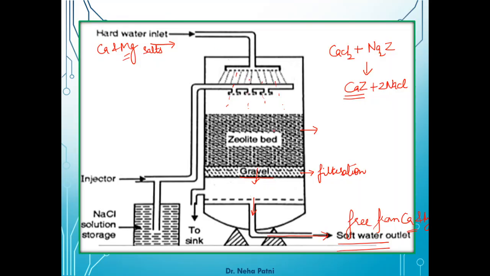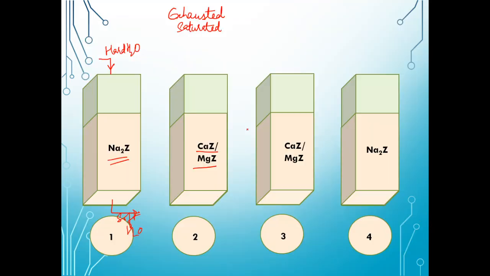Some limited quantity of zeolite is used, so there are highly likely chances that, let's say, 1 ton of zeolite is used, that is going to be consumed, and the sodium ions are going to be exchanged. So it's highly likely that there is a position when the entire Na2Z is converted into calcium Z and magnesium Z. Now if I add hard water from top, do you think it is going to give me soft water? No, it is not going to give you soft water, because there will be no exchange reactions. There will be no Na2Z to get exchanged. And this step is known as exhausted zeolite.